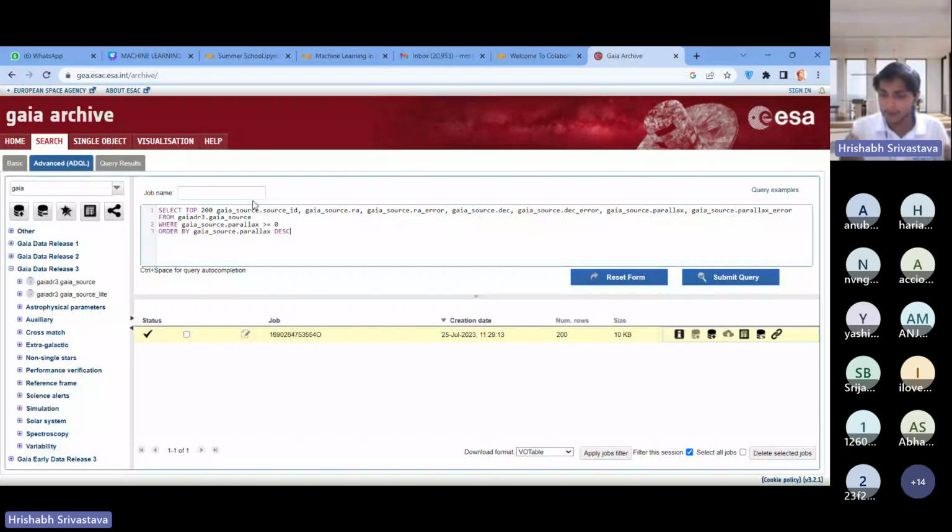Okay. What if you want a column which is not there in this database, but can be derived mathematically from the given columns? For example, we saw that distance is the inverse of parallax, right? What if you want a column with distance and not parallax? What will you do in that case? So this is where